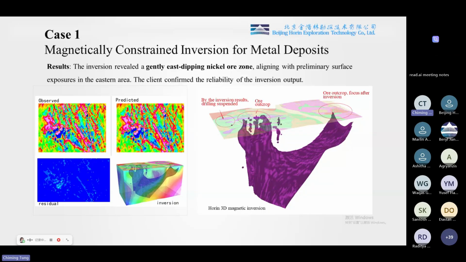And this is a case. This is an ore in China, and by the magnetic inversion, our client can identify where the ore might be. In this example, our client was previously planning to